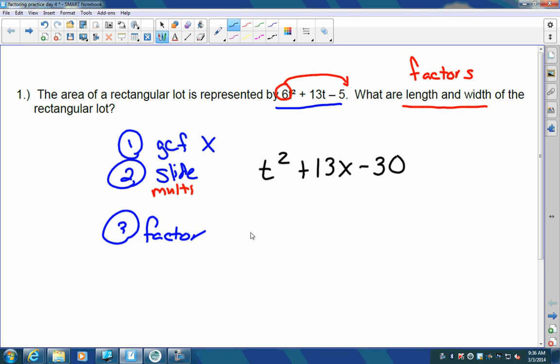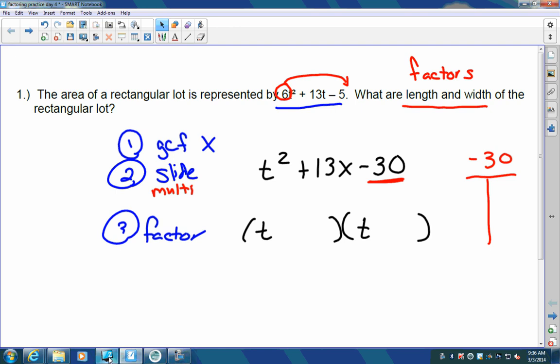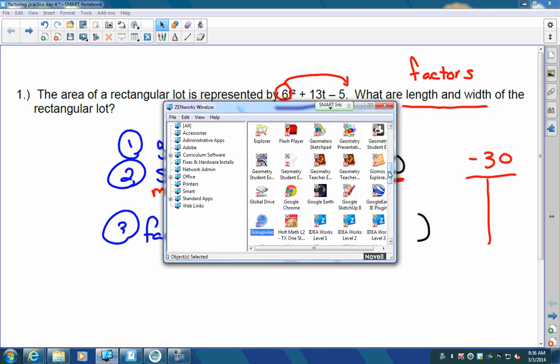Now, I'm going to put it into 2 parentheses. I know that t squared splits up as t and t. I need the factors of this last number. I need the factors of negative 30. What does that mean? I need the numbers that multiply together to give you negative 30. Okay, so we can either write them out by hand, or you go into the handy dandy calculator and go